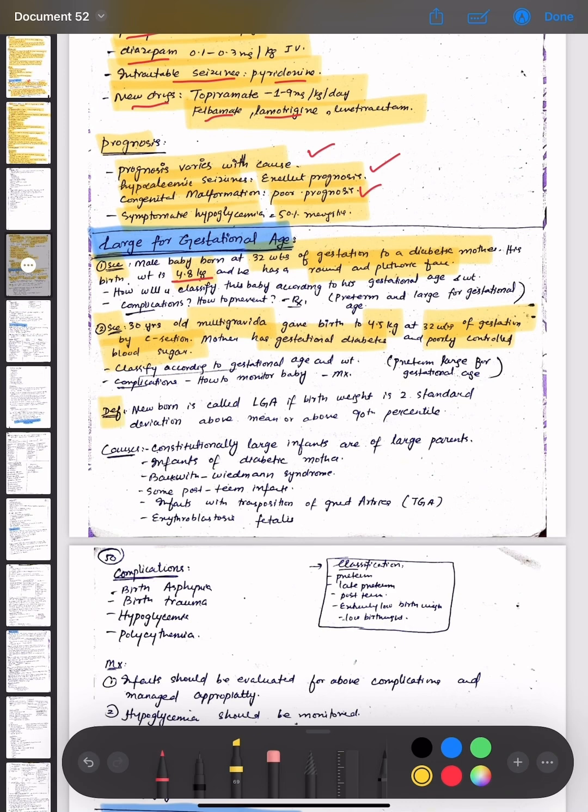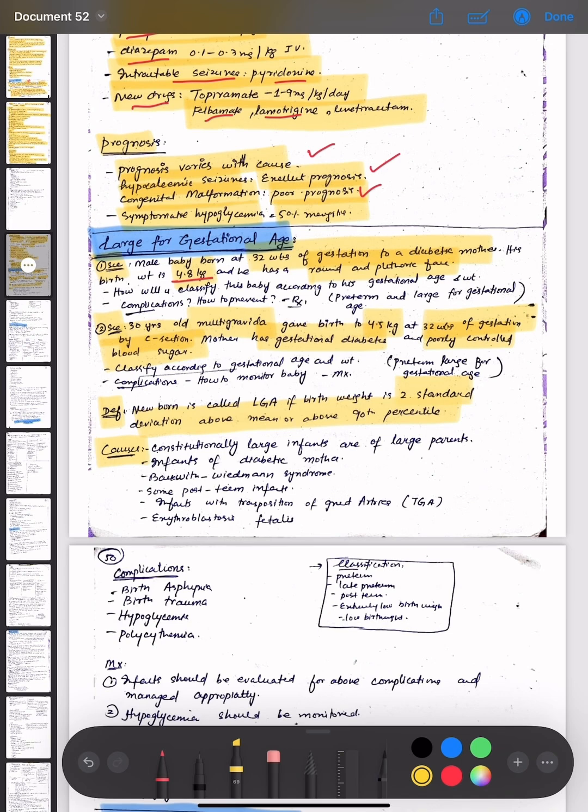Now the definition is that a newborn is called large for gestational age if the birth weight is 2 standard deviations above the mean or above the 90th percentile. Okay, the mean is 3.5. If it is above the 2 standard deviations, then it is large for gestational age. Now the causes are